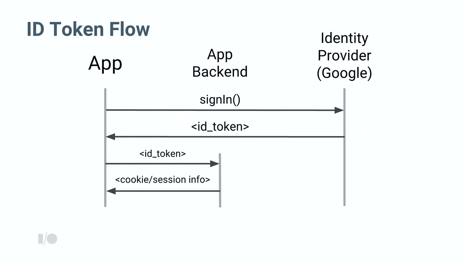Now, you call the sign-in SDK, and in response, you'll get an ID token. That ID token can be sent to your app backend and can be decoded by verifying its signature. Once the signature has been verified, the information within it can be trusted, and as I mentioned before, that information contains all the basic profile information we included before, which can be used to translate into an account record on your backend, as simple as that. So let's take a look at what this looks like on the client as well as the server side.